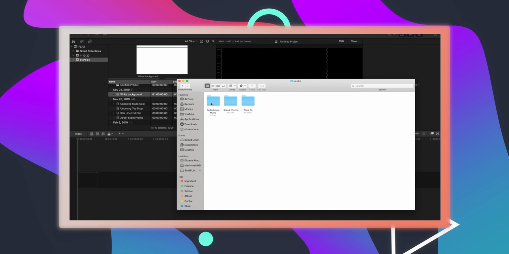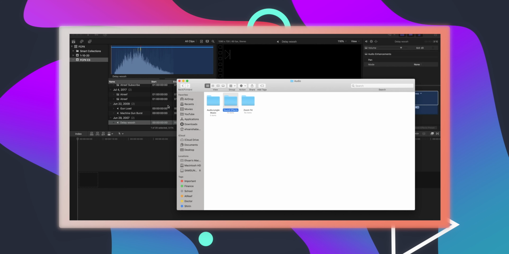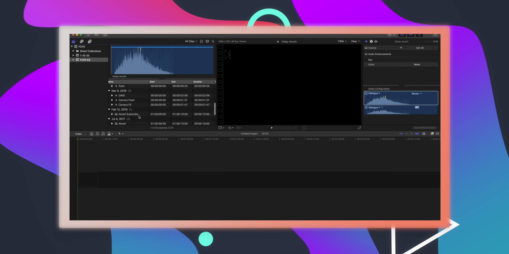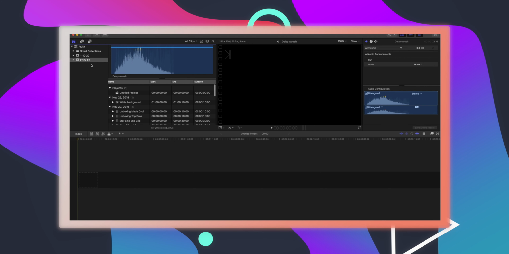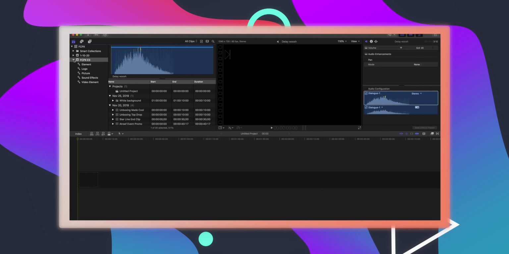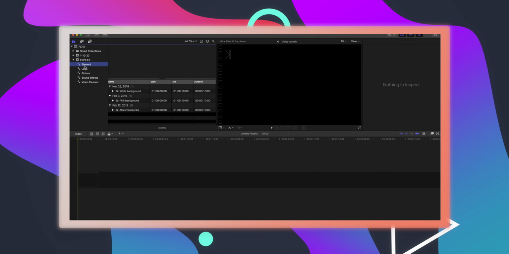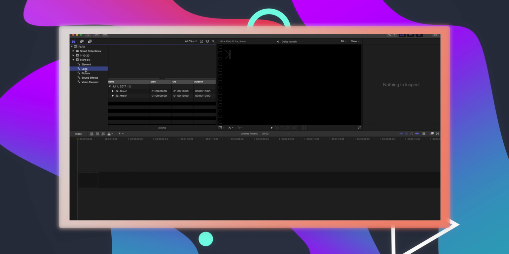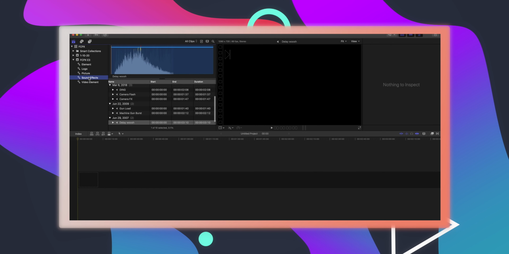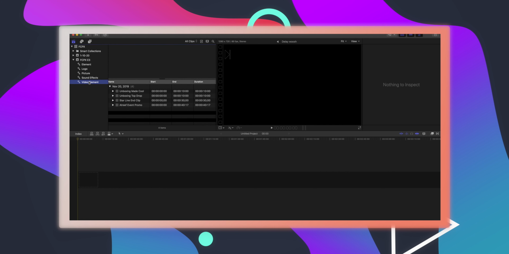Go to audio, drag and drop it right here. So now, instead of looking for everything through here, I can simply go to the checkmark right here, know where my video elements are, know where my logo is, picture, sound effect, video element, and then when I have my camera, I can access it right here, drag and drop it, and start my editing.